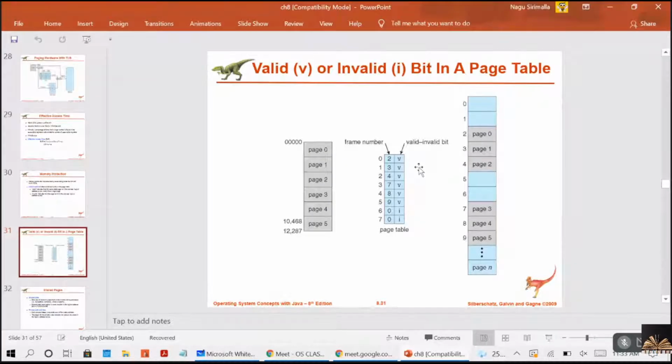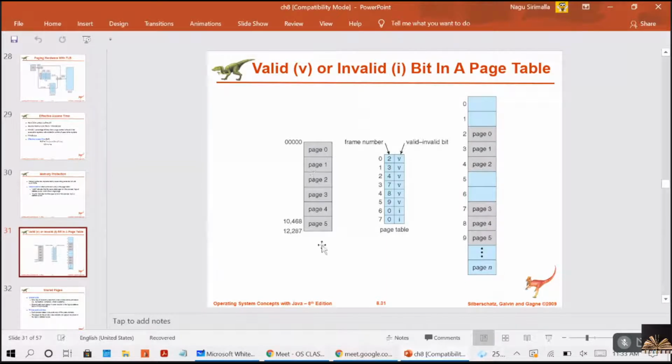When this bit is set to valid, that means the associated page is in the process's logical address space, and it is a legal, or valid, page. You're getting me, guys, right?